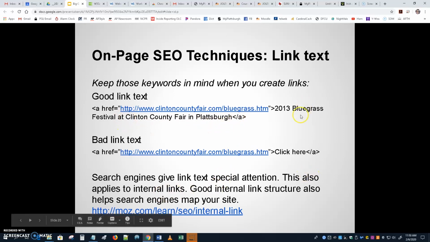Search engines give links special attention. This applies also to internal links, like, for instance, links for navigation inside your site. Using good words there makes a difference too. And the internal link structure in general is important, and if you want to learn more about it, you can go to that link there. It won't be on the quiz, but